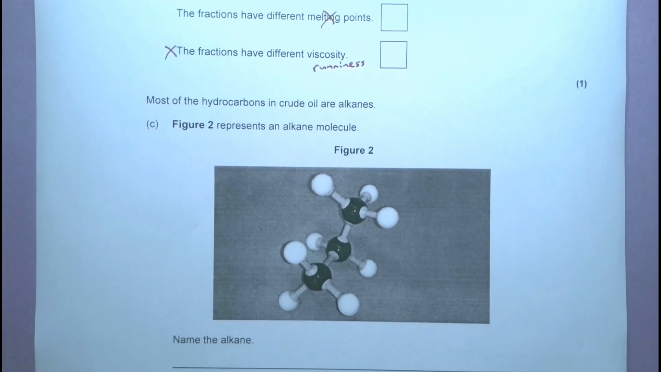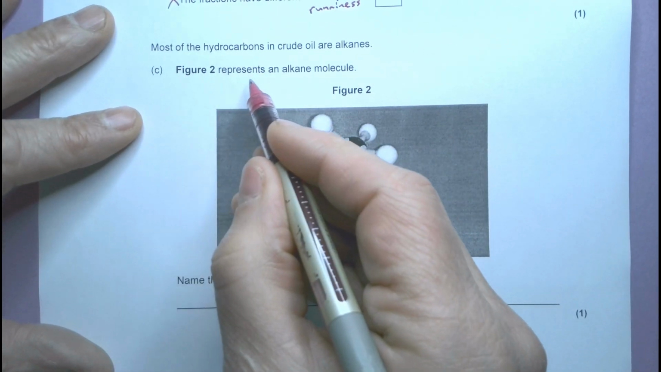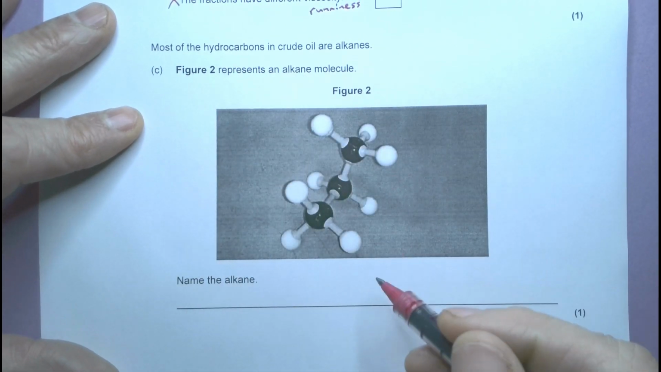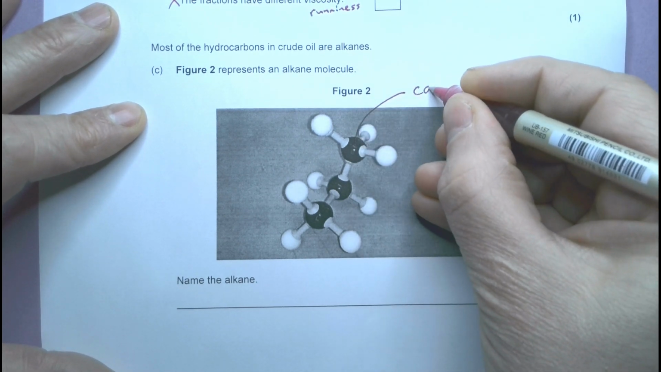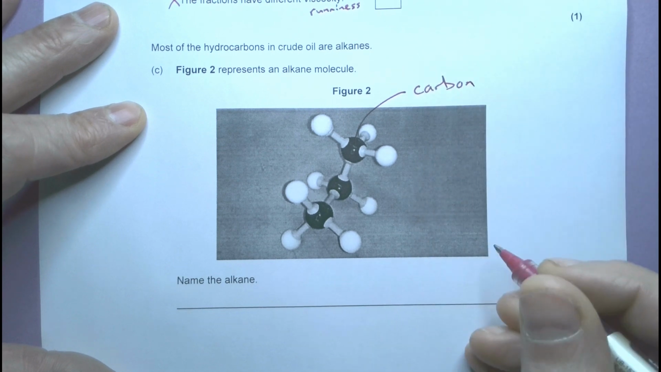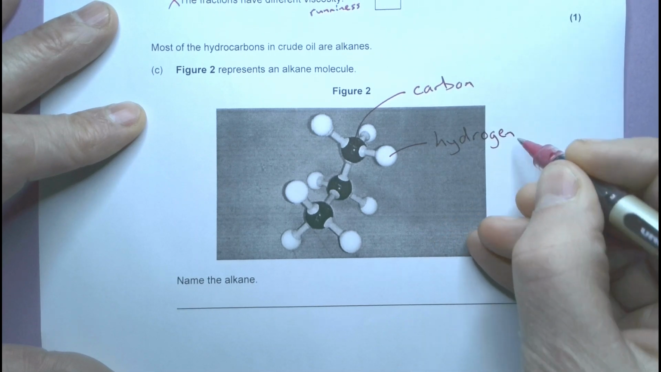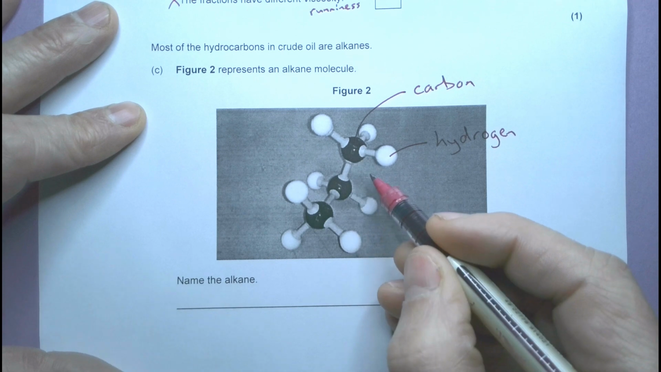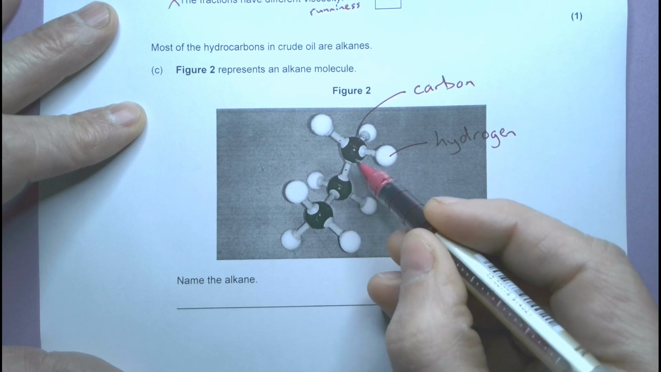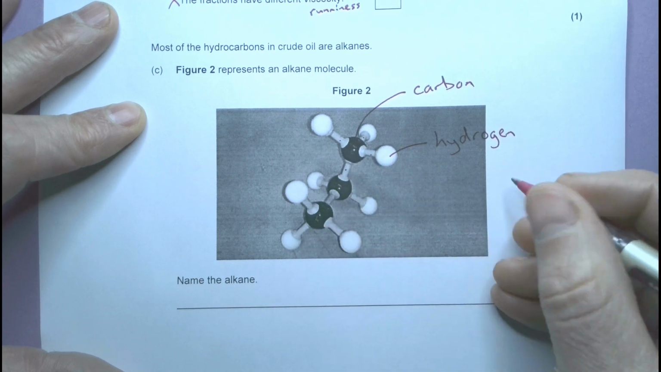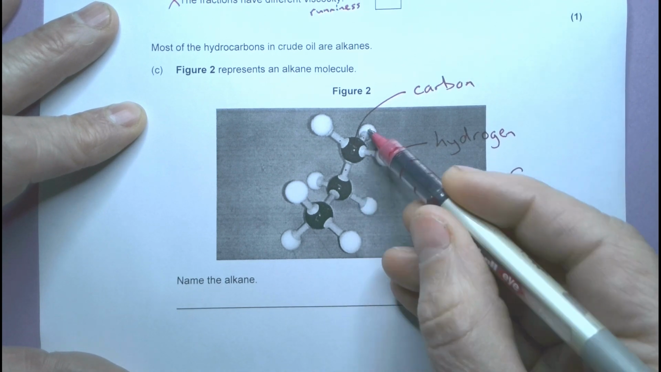Most of the hydrocarbons in crude oil are alkanes. Figure 2 represents an alkane molecule. Name the molecule. Okay, so what we've got here is carbon, which is always represented as a black molecule, and hydrogen there. Hydrogen, remember, is in group 1. It only ever bonds to one other atom. Carbon's in group 4, so it has 4 bonds, so 1, 2, 3, 4. If I look at this, it's got 3 carbons, and 1, 2, 3, 4, 5, 6, 7, 8,